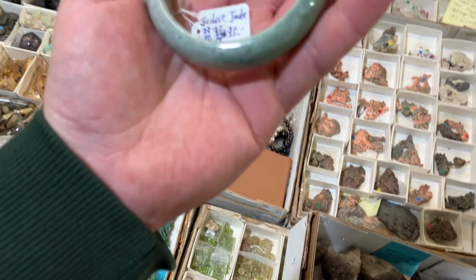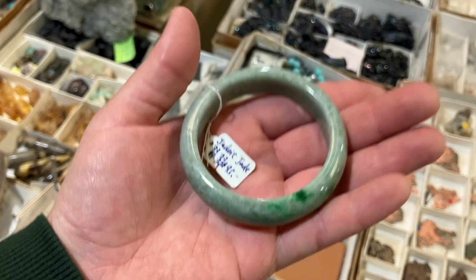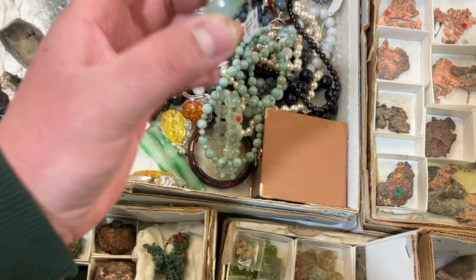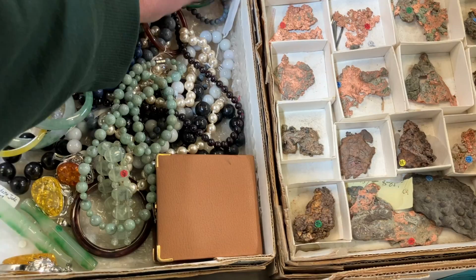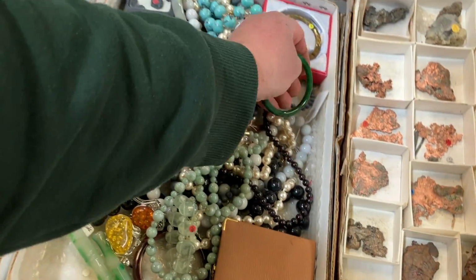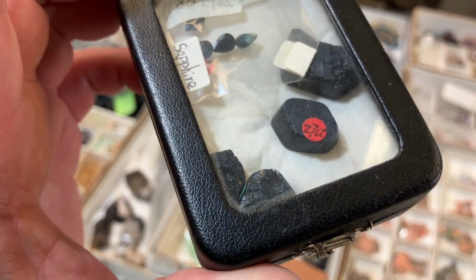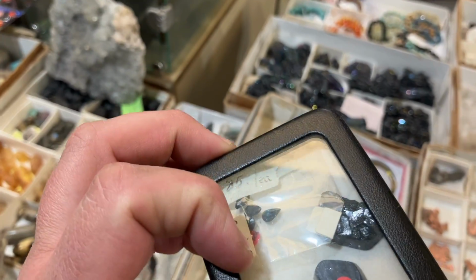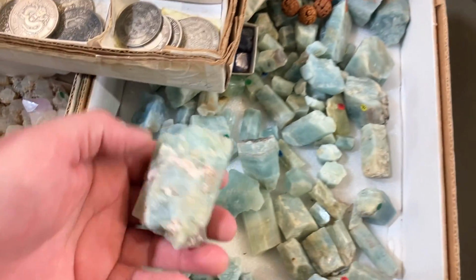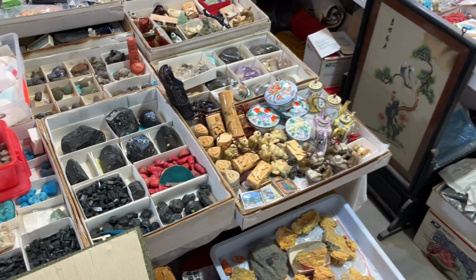This is a jadeite bangle. In Tucson, this is $95, but you could see stuff like this go for well over $400. Fire crystals. Some cool Brazilian aqua chunks. Very nice. I could spend all day here, but I'm going to square up with the gentleman and move on